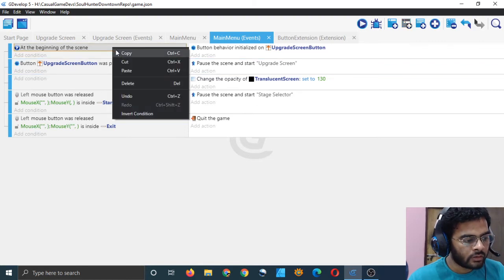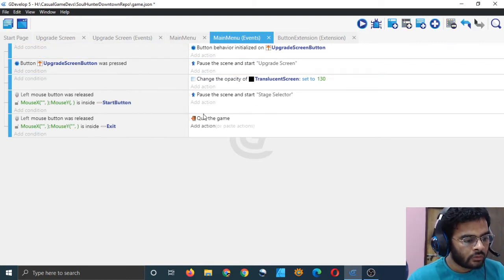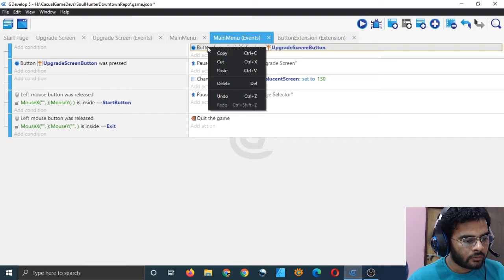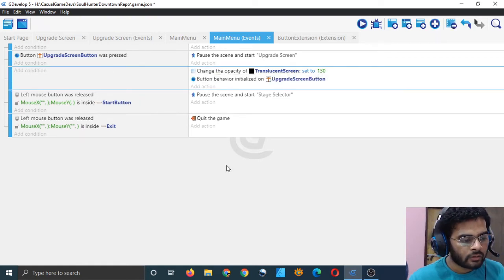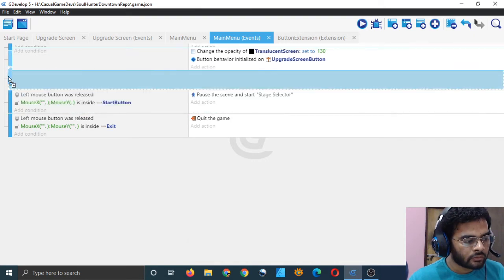So just delete this, and you can just cut it, and paste here where no condition is there and this line is running every frame. So just paste it. We are doing it every frame. And then let me bring it here just to keep it organized.